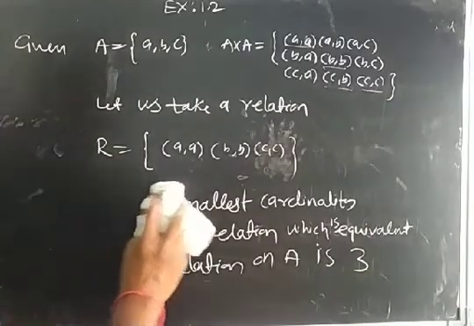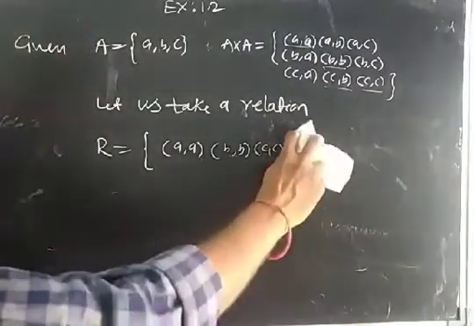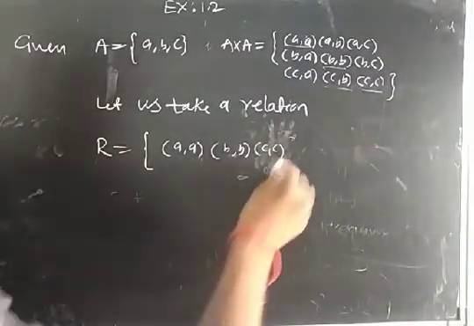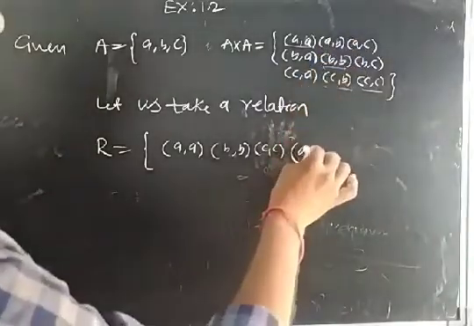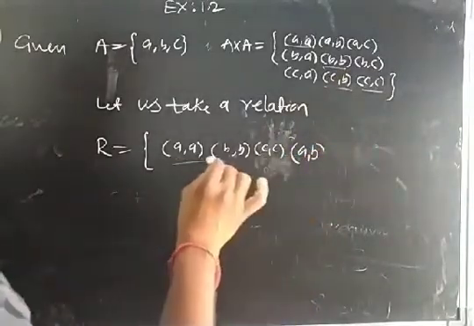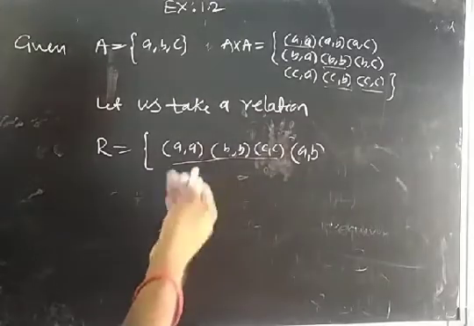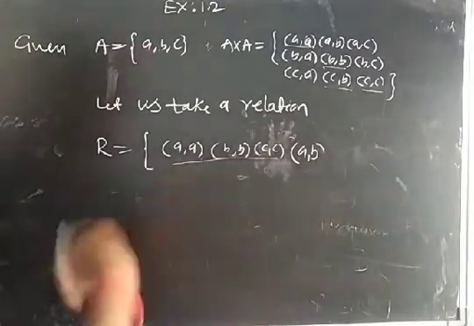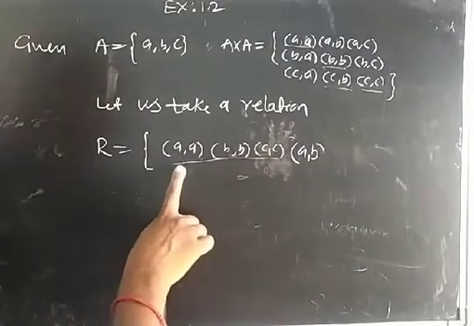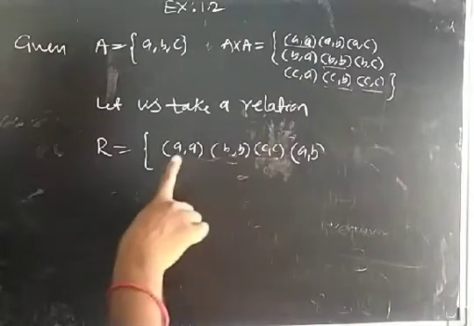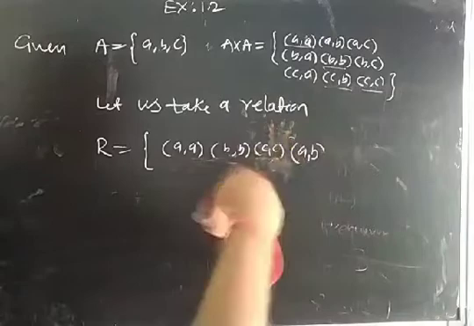Okay. Now I am going to find the largest cardinality. So how many ordered pairs? The maximum number of ordered pairs I am going to take. If these three elements exist, then it will be reflexive. Now I am going to find the maximum number of ordered pairs which is an equivalence relation. The first property should be reflexive. It will satisfy reflexive if you take these 3 elements. I am taking extra elements also.